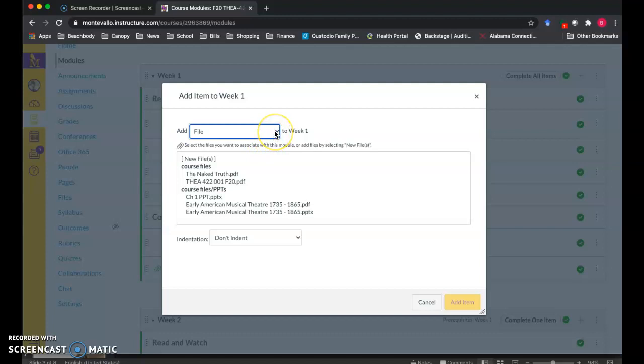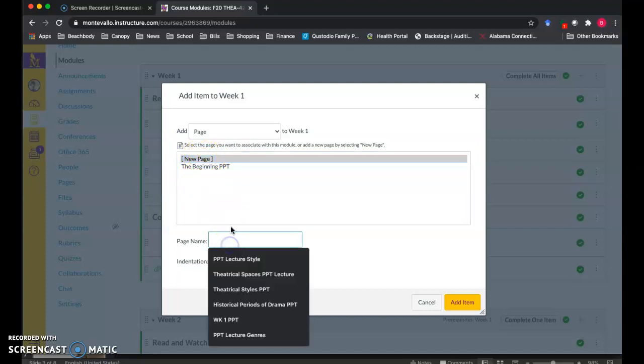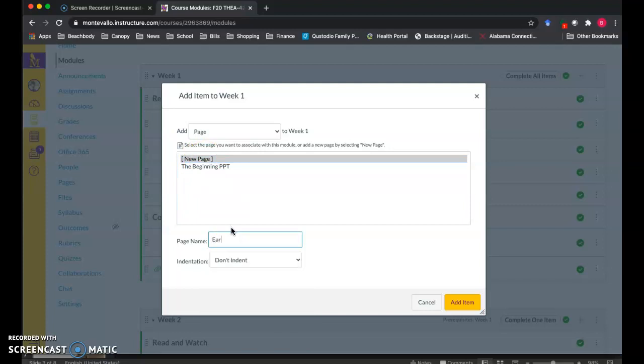But since I want my students to be able to preview this PowerPoint in Canvas, I'm actually going to select Page. So I come here to Page, and of course I don't have a page created already for this PowerPoint, so I'm going to click New Page. If I had already created a page, then I could select that here, but I haven't, so I'm going to create a new page, and I'm just going to call this new page Early